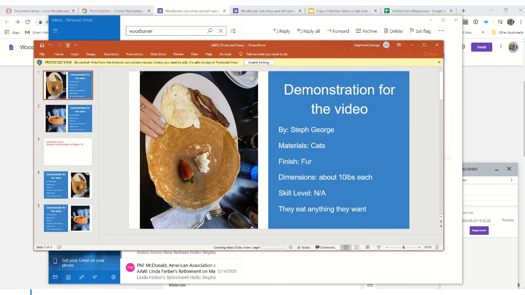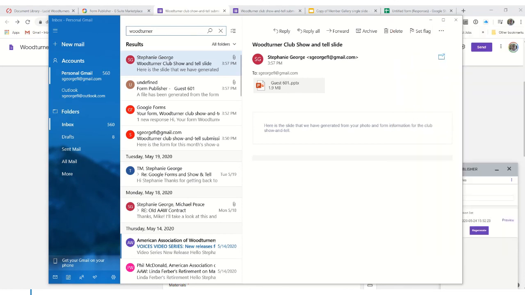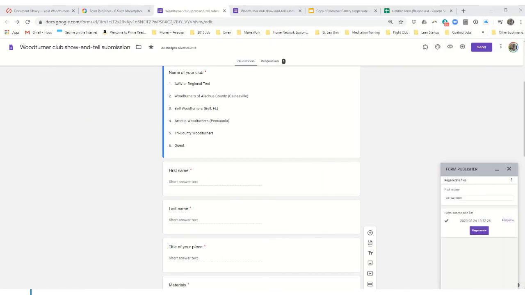Apparently I did a picture of breakfast and a picture of a multi-axis turning. And you can see picture one, picture two, picture one, picture two, right and left. So I'm going to slide that back out of the way. That's what it looks like in email. Anybody who is on the distribution list for that is going to get a copy of those slides. Now I want to show you